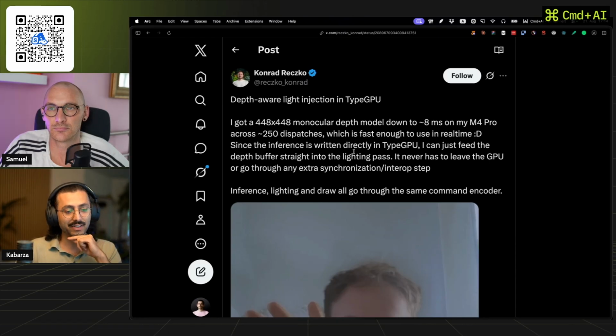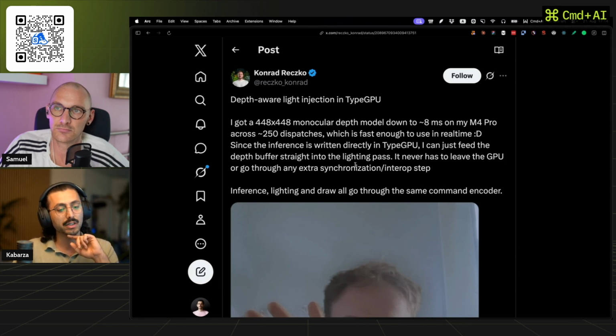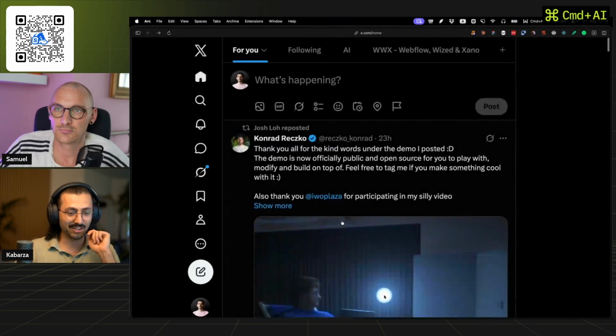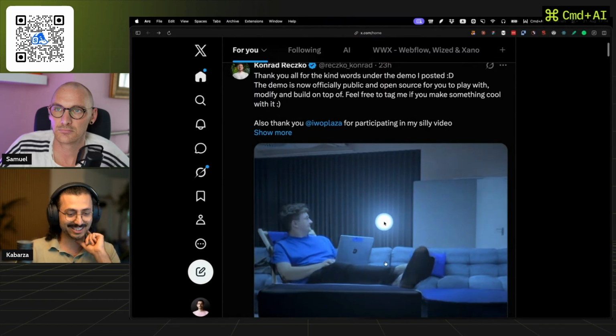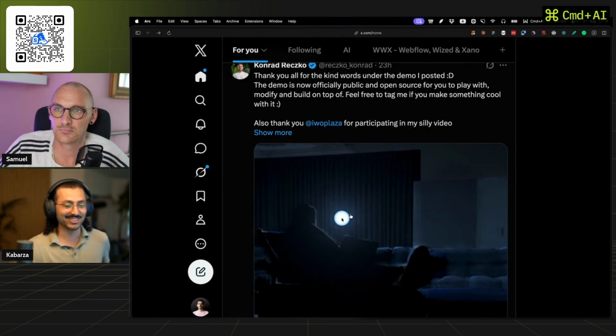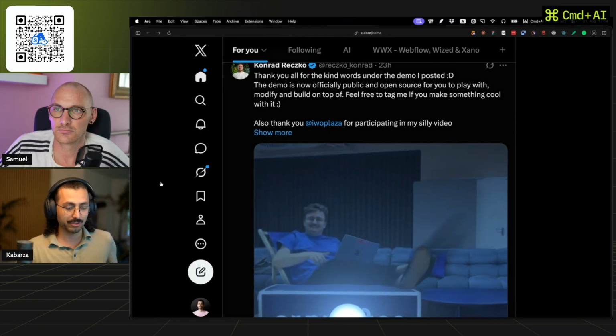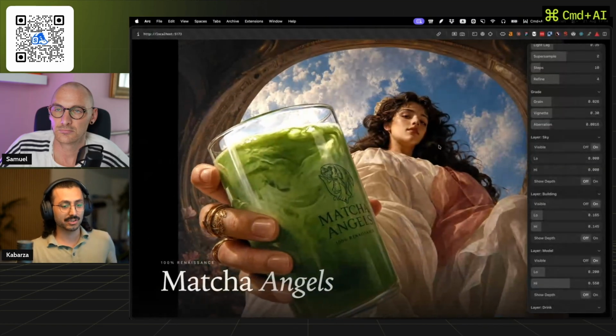Since the interface is written directly in type GPU, I can just feed the depth buffer straight into the lighting path. It never has to leave the GPU or go through any extra synchronization or interrupt step. So this is really cool, and I saw another video just like that, which is really cool. And the way it works, I can show you what I have, which is not real time and